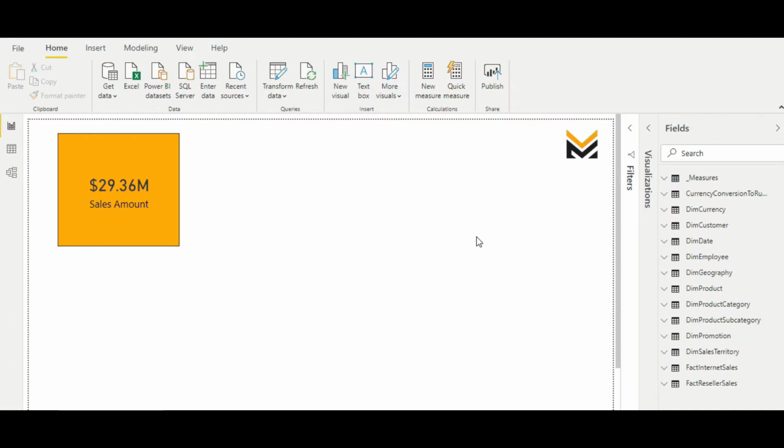So friends, I have opened my Power BI Desktop now, and as you can see on my screen, I have opened the report view, and we have one visual on the left hand side. That is a normal card visual we are using, and on the right hand side in the fields pane you can see that I have imported the same tables which we imported in the previous video. That is a few tables from the AdventureWorks data warehouse.